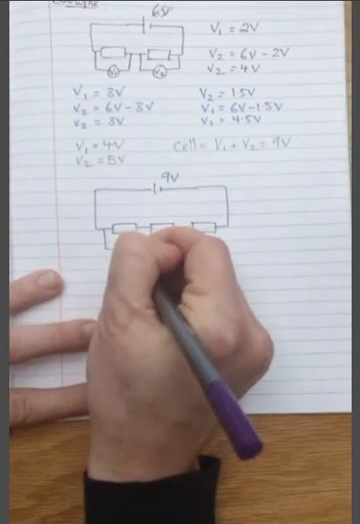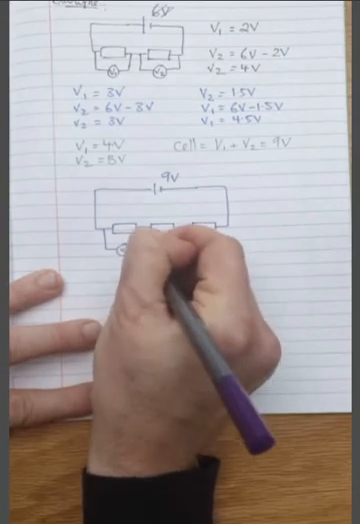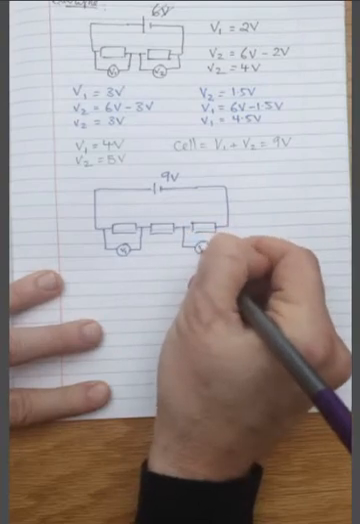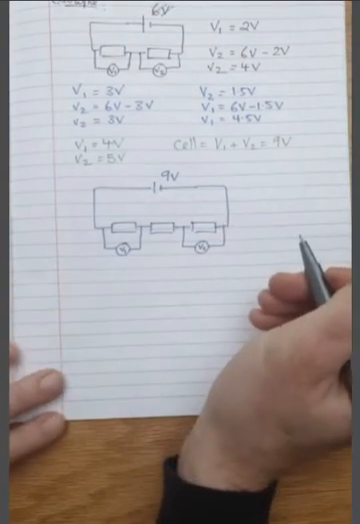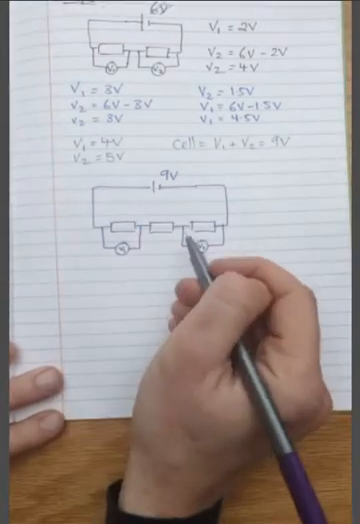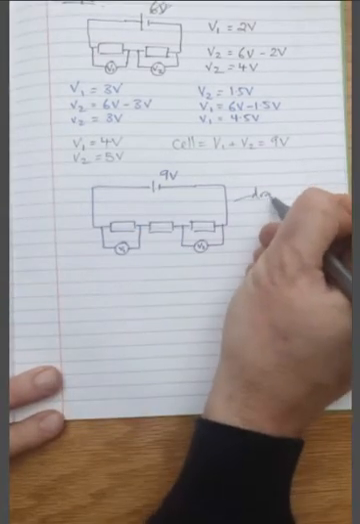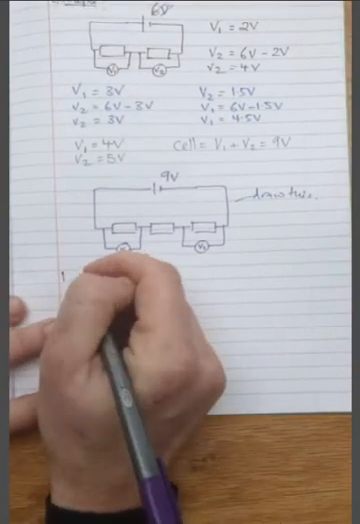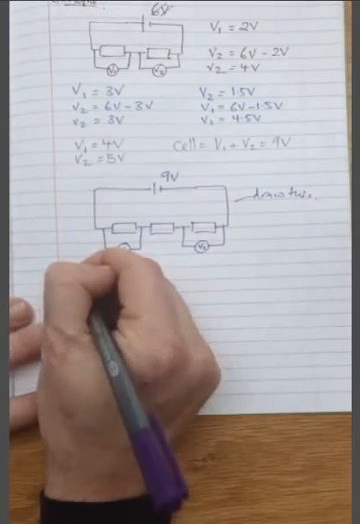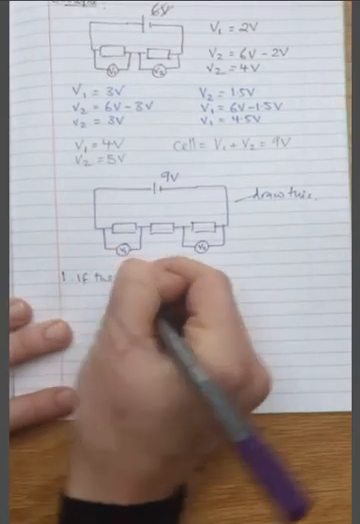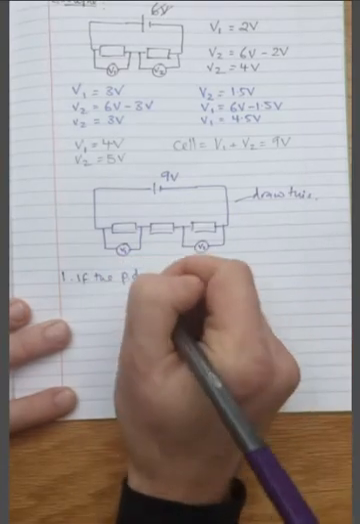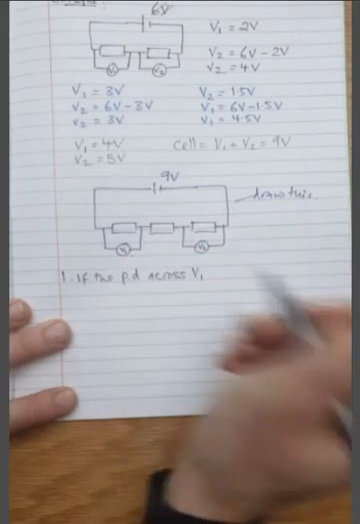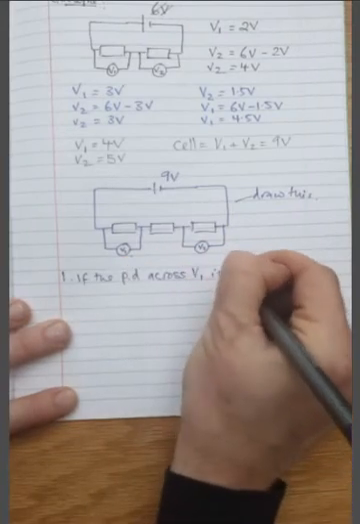We have a voltmeter V1 attached across this resistor, and we have another voltmeter V2 attached across the third resistor. So I'd like you to draw this circuit. And I'd like you to answer the following question. If the potential difference, I'm going to abbreviate to PD, across V1 here, is 2 volts,